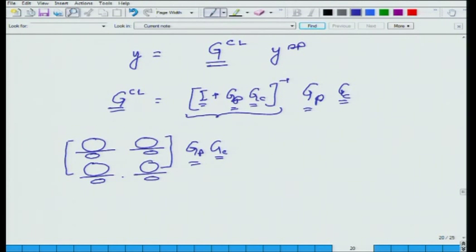When you invert matrices, what do you do? You calculate the cofactors and divide by the determinant of the matrix, right. So, what I have is the determinant of this matrix I plus GP GC,